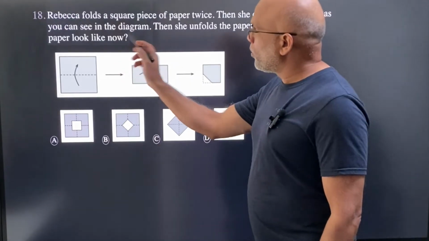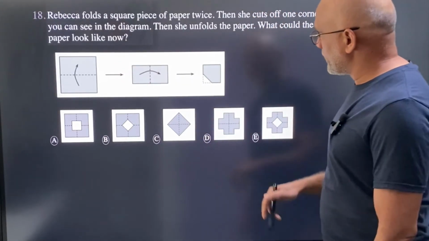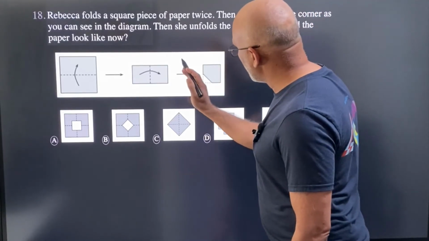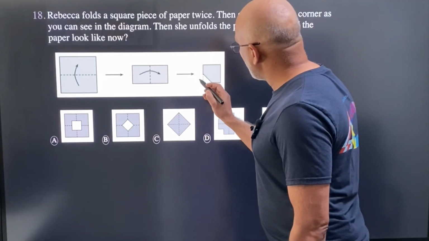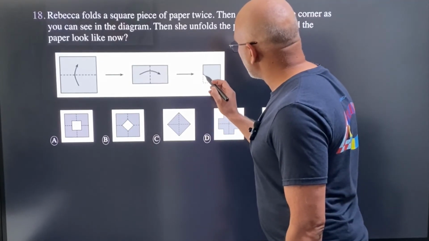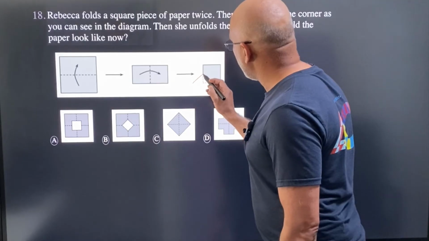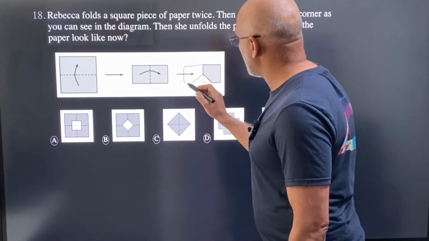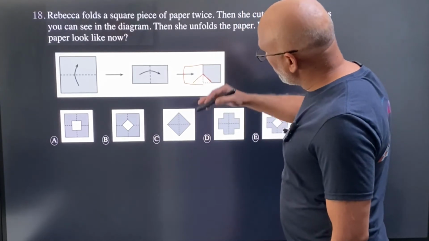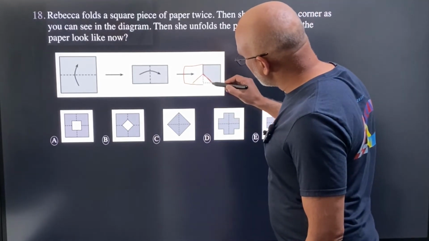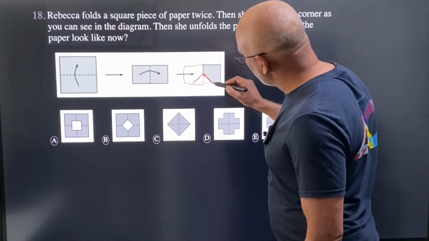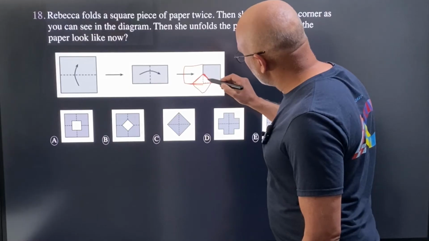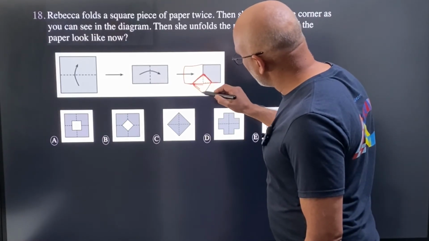What could the paper look like now after unfolding it? Alright, so this is where we are cutting off this corner. So when I unfold it once, the cut here will be a reflection of this line, this cut, right? So this cut will be a reflection of this line. So this is when I unfold it once. When I unfold it twice, the cut on this side will be a reflection of this line here, about this line, right? So the reflection of this is going to look like this,